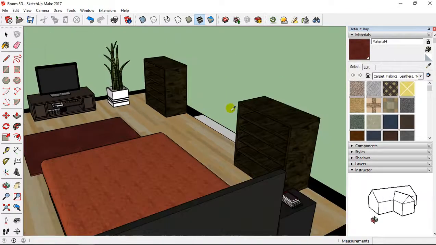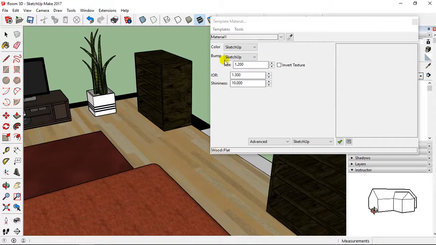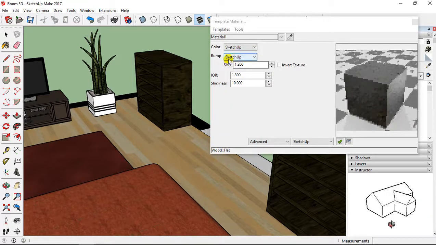It's exactly the same furniture here and here, so if I click on this material, I'm going to have exactly the same parameters with wood flat and bump 1,200.